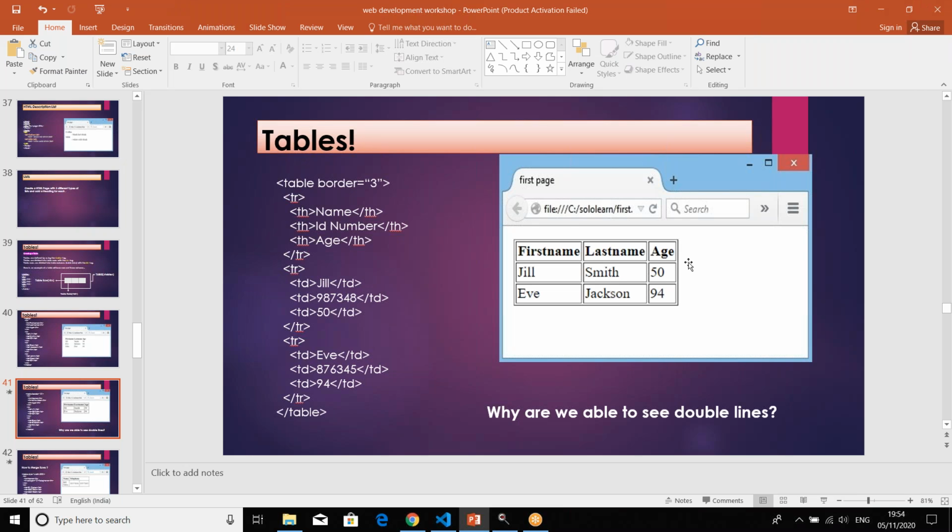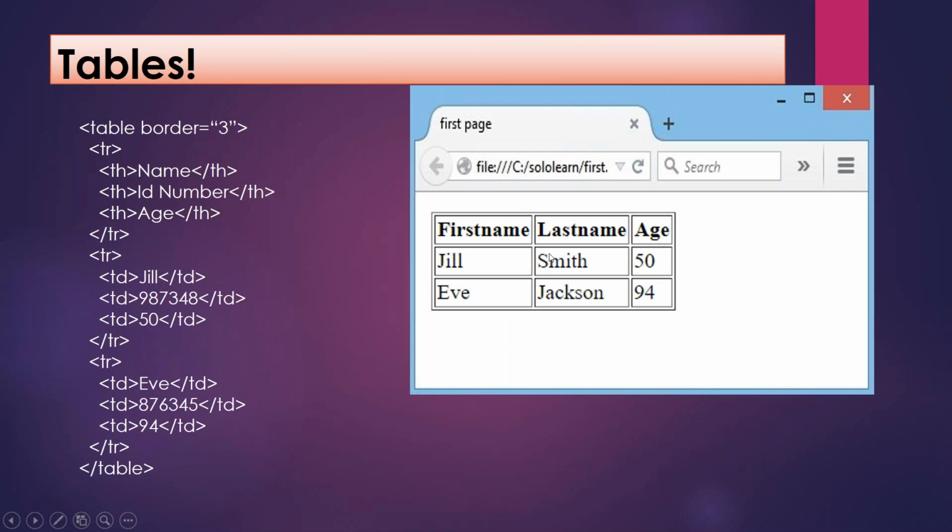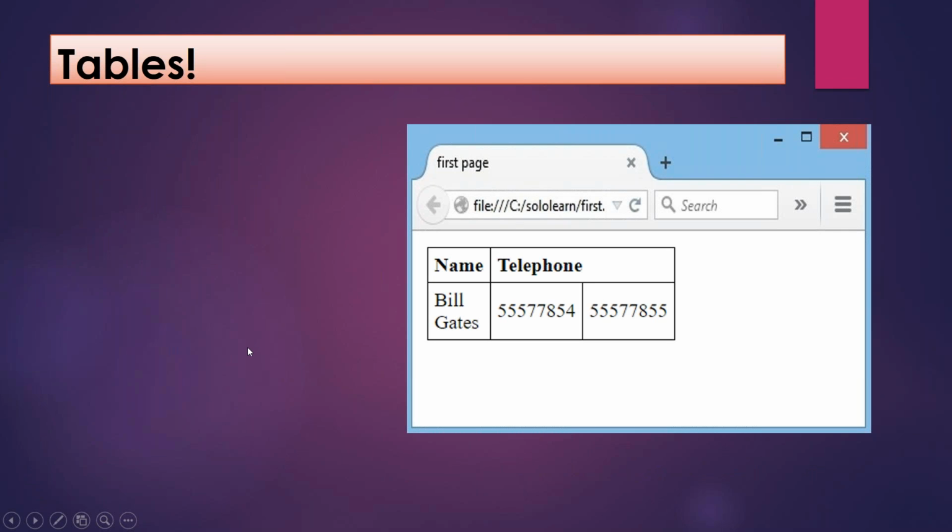Okay, so it's always important for us to learn the basics. So this is the basics of the table. Now as I told you, we'll jump into a bit deeper concept in the tables. Okay, so next, see,